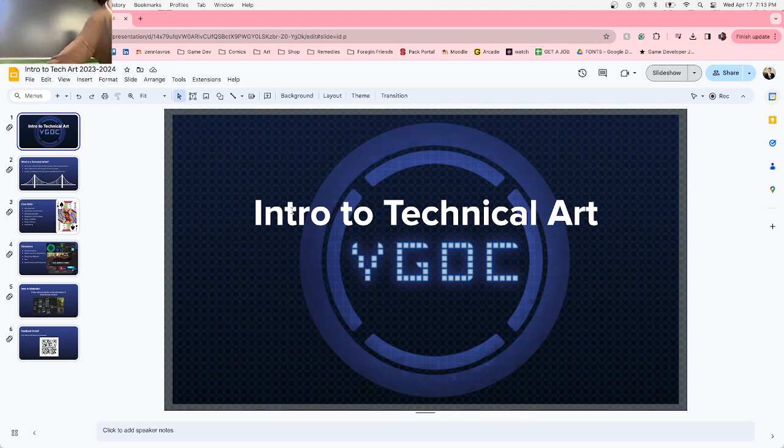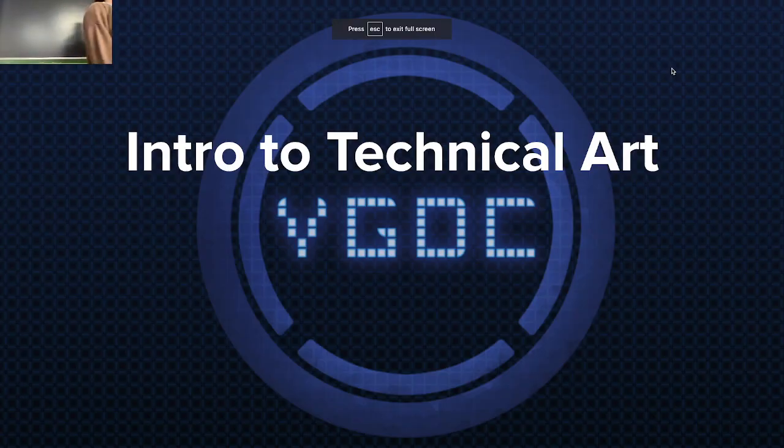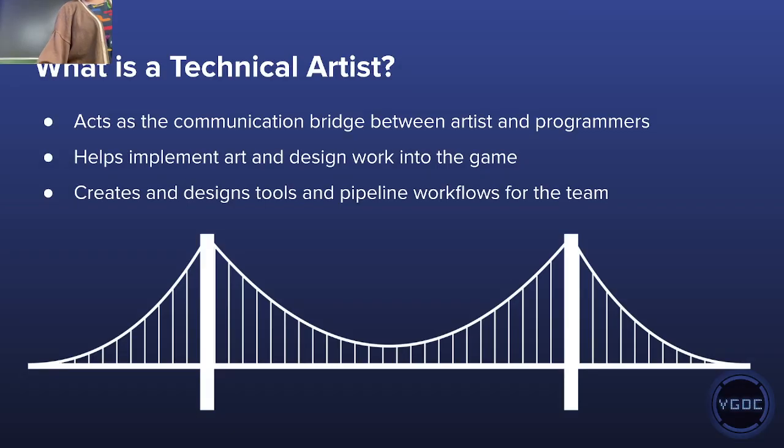Coolio. So today we are going to talk about technical art. It's a big part of games, especially whenever you get to more AAA ones. Usually, if you're on a small team, you have your programmers, you have your artists, and you have people in very set roles. But technical art basically acts as the communication bridge between artists and